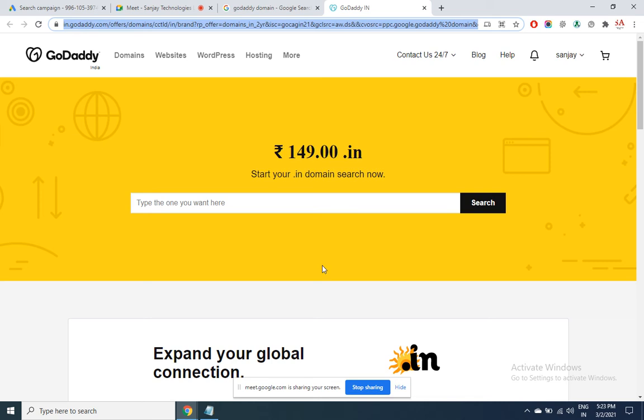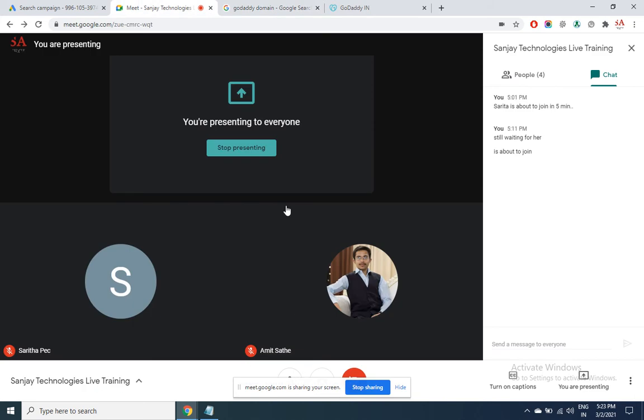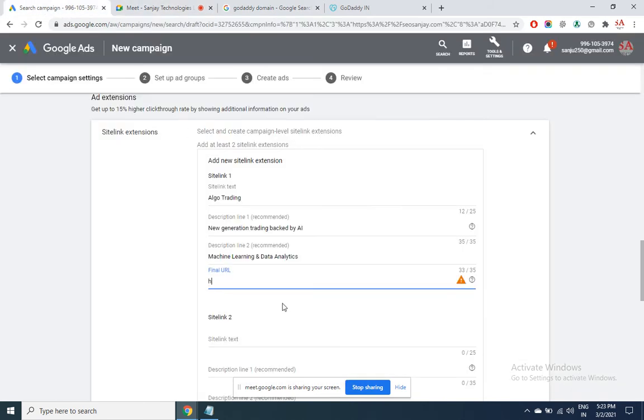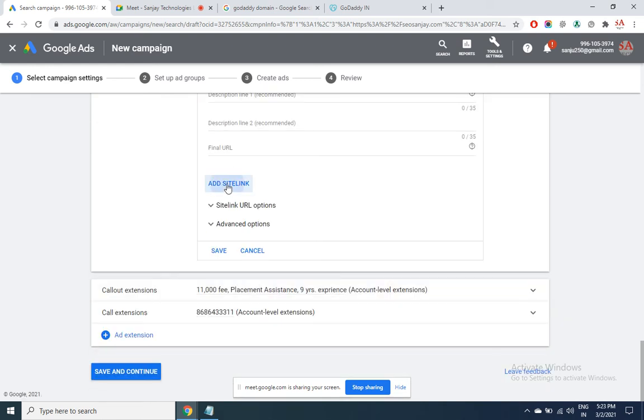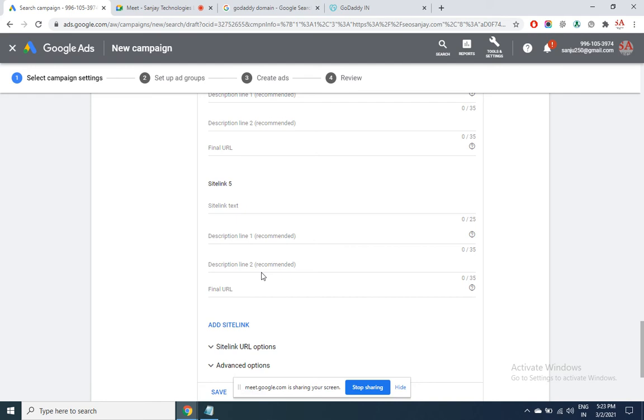So this is some internal page where the offer is being shown. Like this you can give any internal page address here. If I have any such page, then this is how I need to give. So this is one site link, this entire thing. Likewise the second site link, third, fourth, you can add more. Maximum 8 per ad.